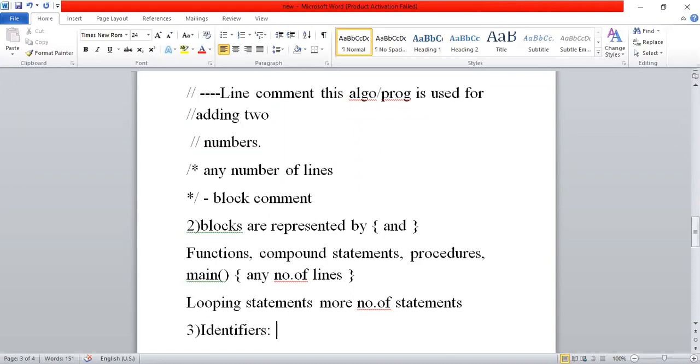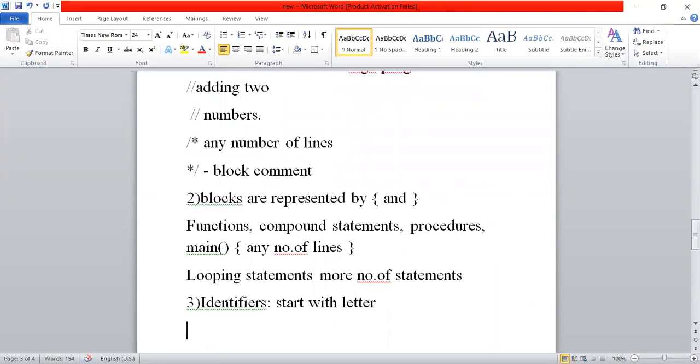Here, every identifier must start with a letter or character. Is it clear now? After that, we can use any number of letters and digits, meaning alphanumeric. But we should start with a letter. Letters we use, like int. Suppose after a we can write any number of digits. Nothing wrong. Based on the requirements of the particular algorithm, we can use that much length. But you should start with a letter.